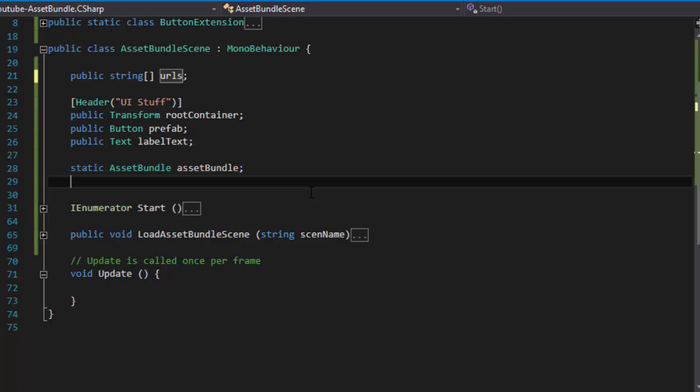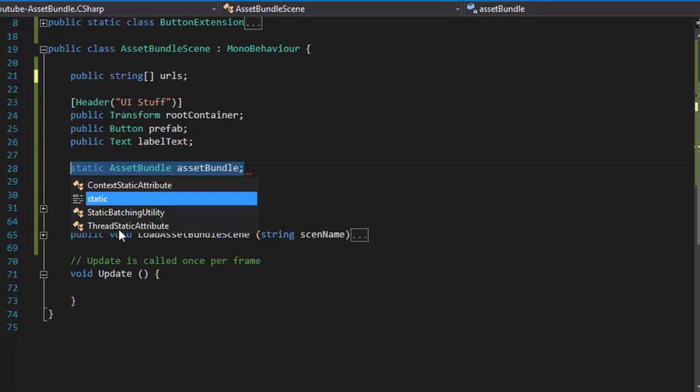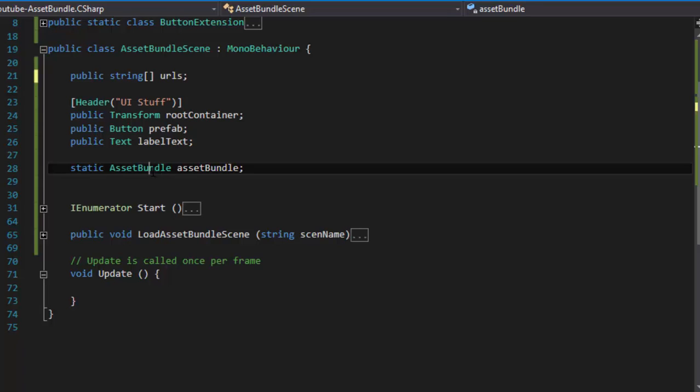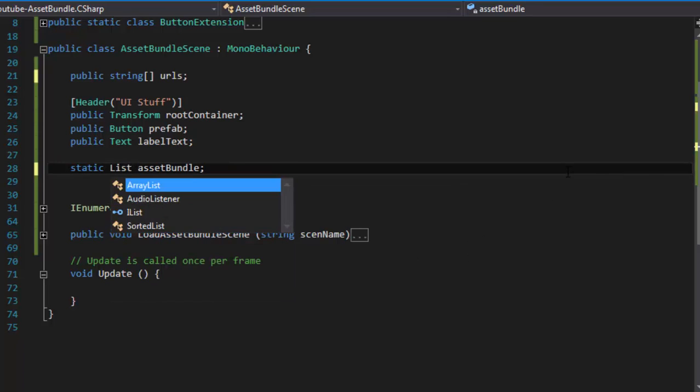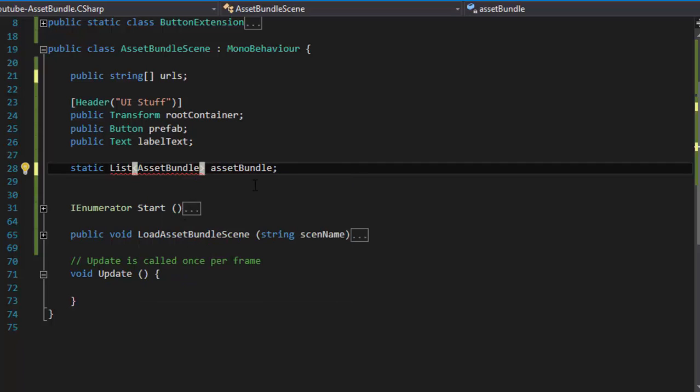Then we're going to make a list of asset bundles, so public static List of type AssetBundle, name it assetBundles, is equal to